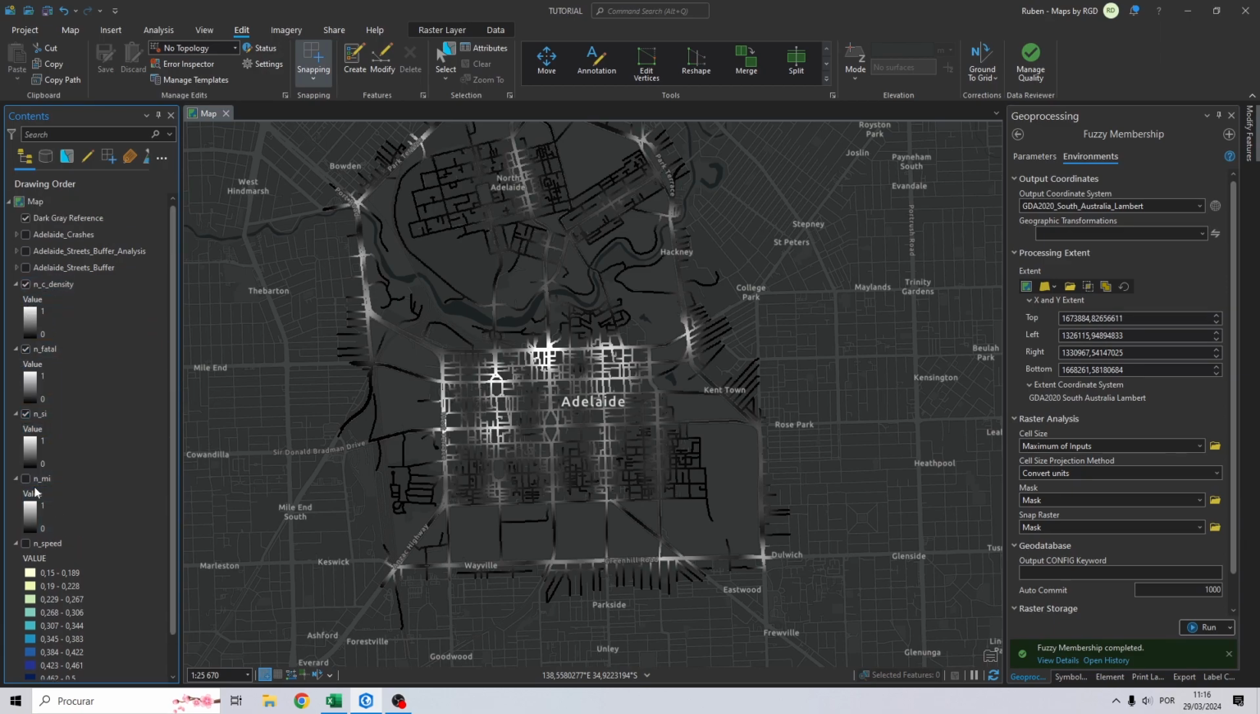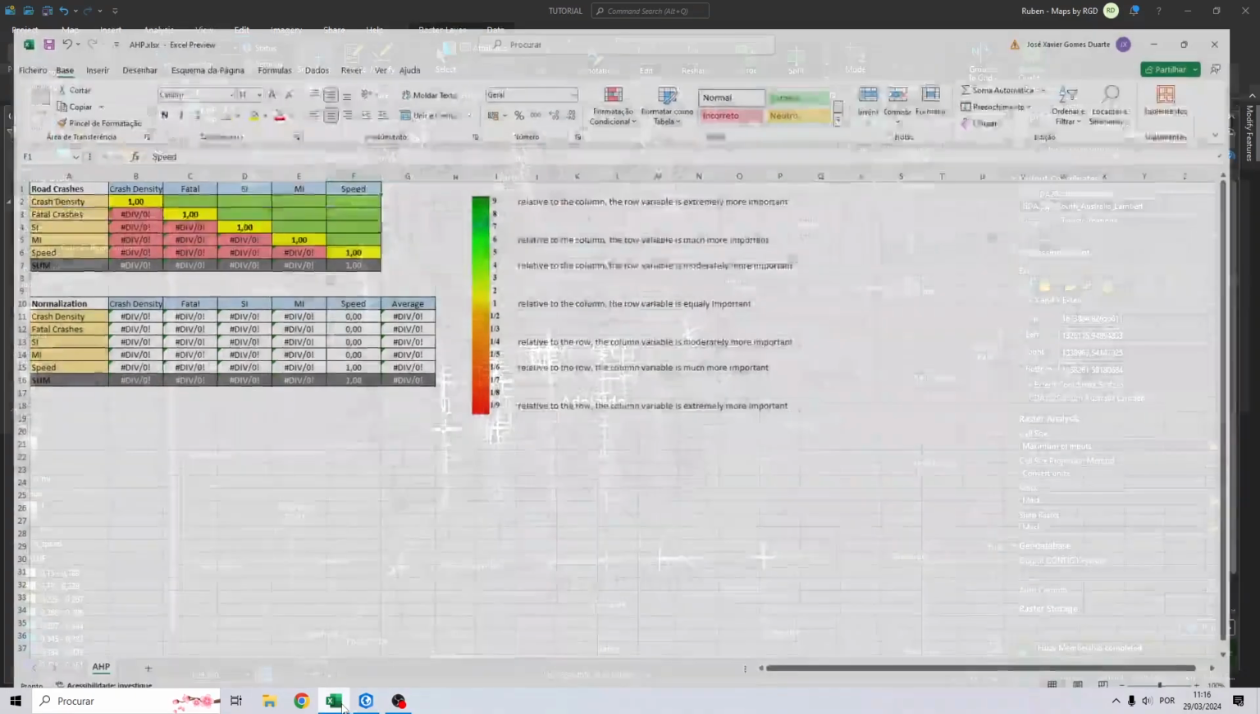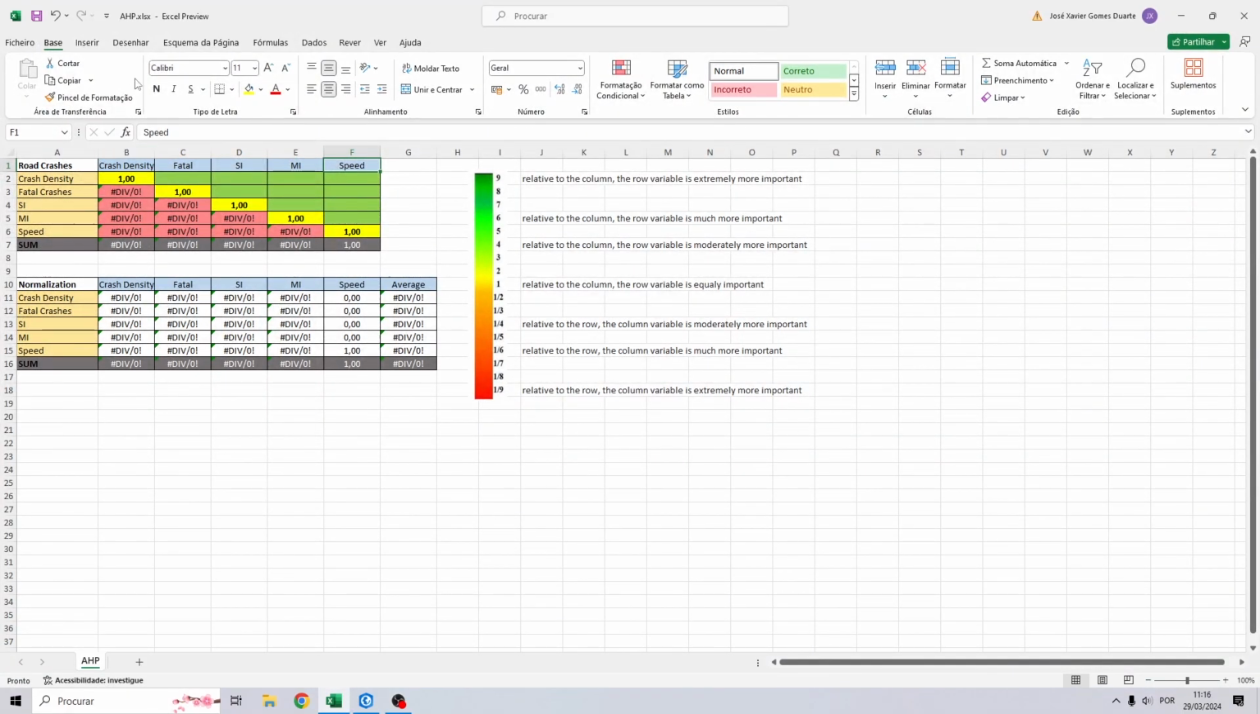So for example, accidents where there were fatalities must have a higher weight than an accident where there were minor injuries, for example. To define what weight to give to each variable, we will use a multi-criteria analysis, so using the Analytic Hierarchy Process. To help us in this process, we will open this Excel file that will support us